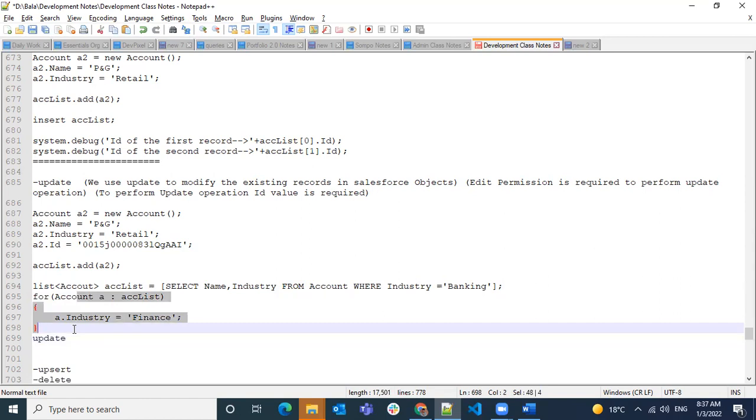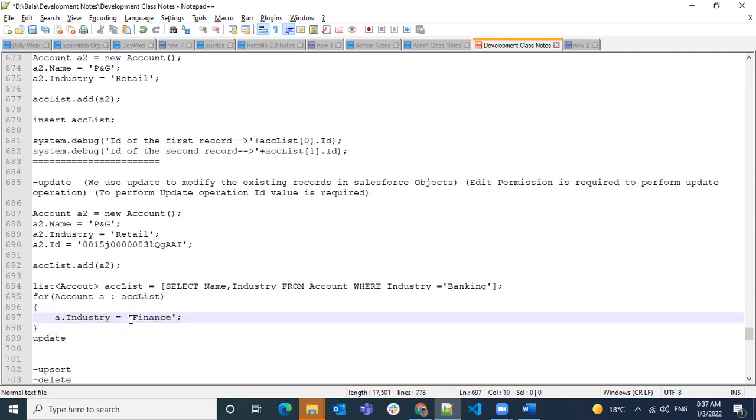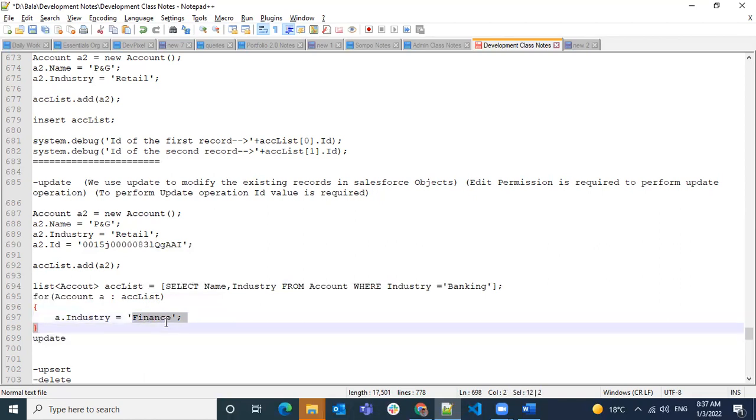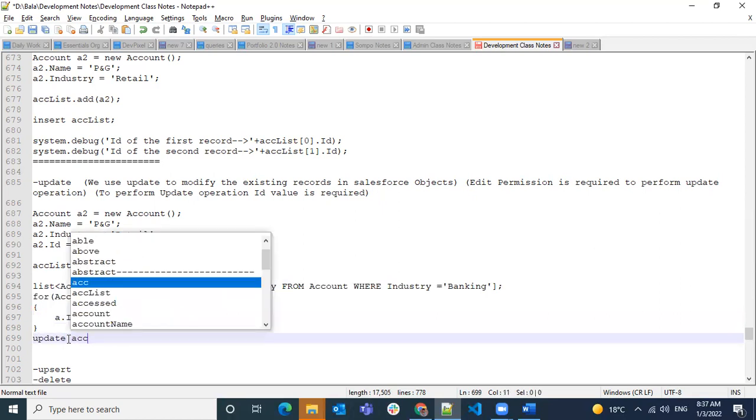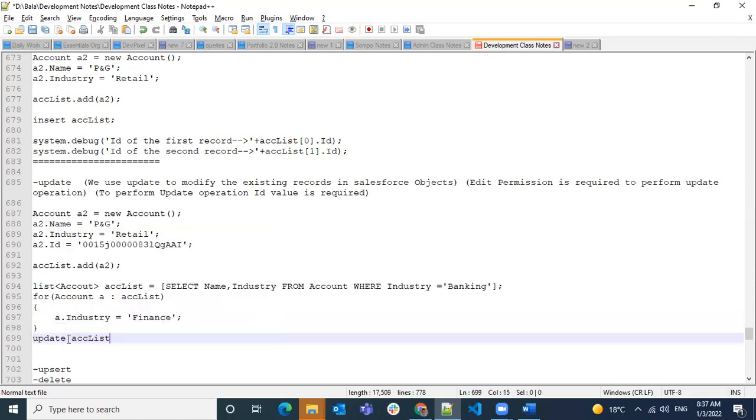It will iterate on all the records, and I'm going to assign the new value called finance. So once I assign the finance, I need to update the list.